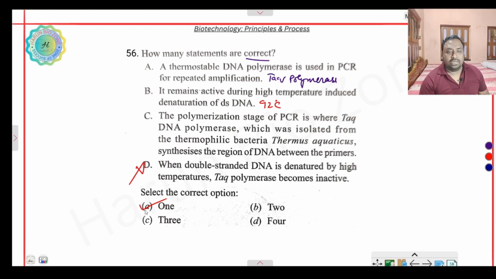So here, how many statements? One is incorrect. So here three are the correct options. The correct options are A, B and C. D only is the incorrect option. So the correct option is 3. Next question is,